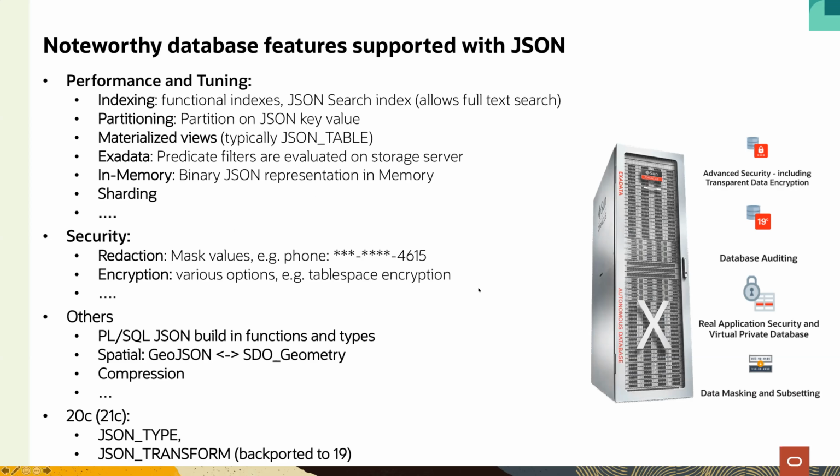And this is really the converged database story: the Oracle database supports multiple data models. Not only does it support them, but it also allows you to combine them, have a join across a JSON and XML and maybe a spatial object. So with 20c, which was a preview release, but now in 21c, which is just around the corner, I guess, you will also get a JSON data type. I will show that in a second. And there is a new transform or update operator that was also backported to 19.